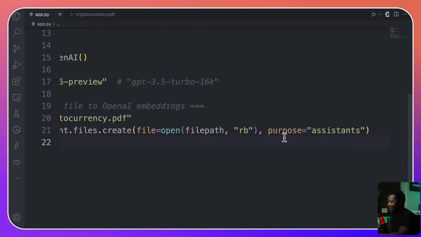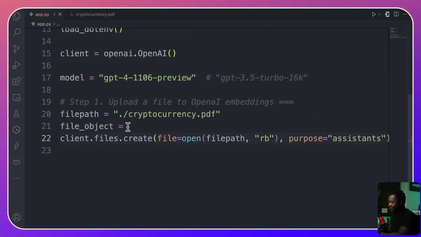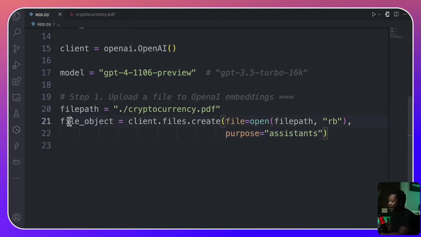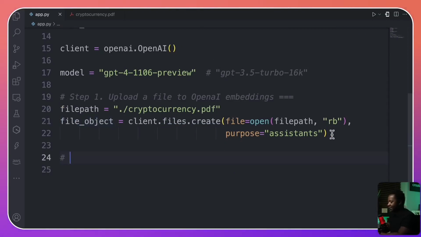Okay, there we go. So now we have, let me put this perhaps in a new line. No, doesn't work. So now we've created the actual file object, which is going to be pushed into the OpenAI embedding, in this case, the OpenAI Assistants API. Okay, and then step